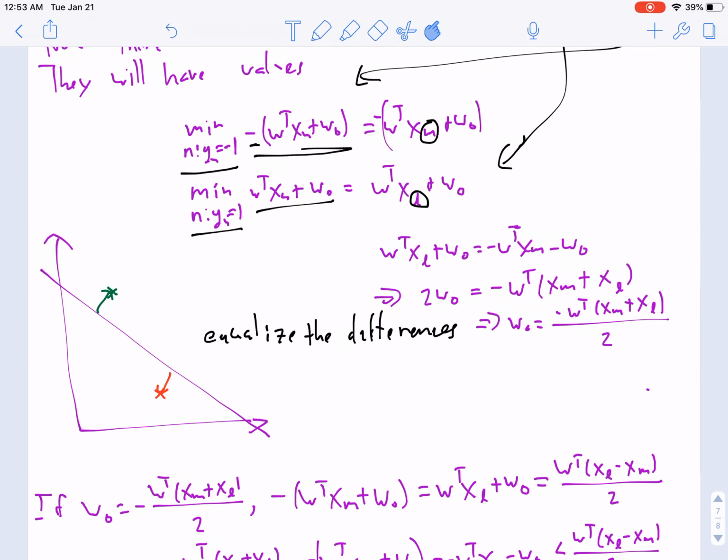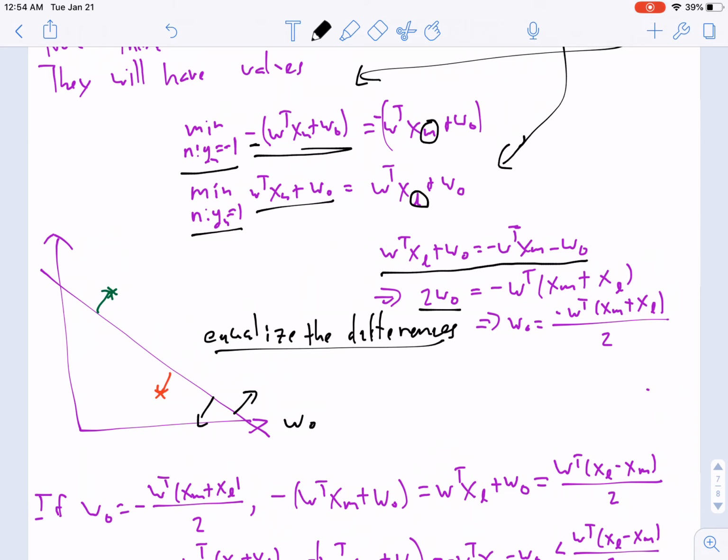So now let's think intuitively about what we want to be doing. Two dimensions is great for intuition. Let's say we're trying to set the W naught here, and what W naught does in two dimensions is it just moves the hyperplane around. There's going to be some point that's closest on either side, and intuitively, probably what we want to do is split the difference. We want to equalize the distance to the closest point on either side. We can do that by just setting these two equal, and then we'll solve for W